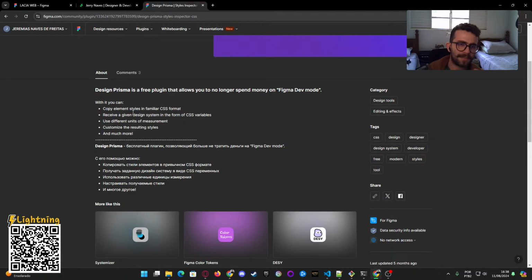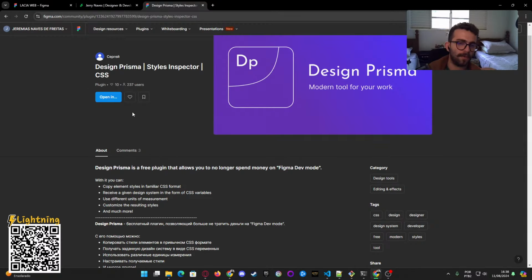Oh yeah, the Prisma is the plugin that picks the CSS and exports the CSS file to the code. Yeah, it can be useful, but I'm not using it yet because I'm just creating the initial part.